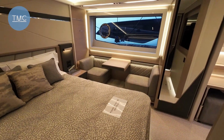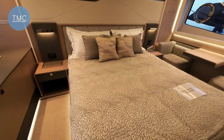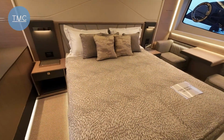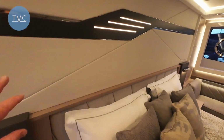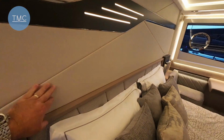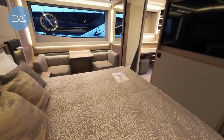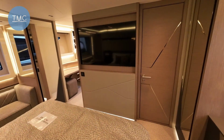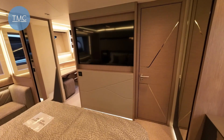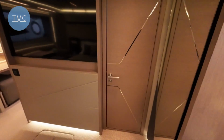Again, gives you some options, means that you can be away and slightly private from the rest of the people, if that's your choice. Again, all the lighting in here is absolutely gorgeous. All these textures and these finishes and these details, classic Sunseeker. And an enormous television. Not sure how big that is. Looks like the size of the one up in the saloon, so that would be 55 inches. And then our door into our